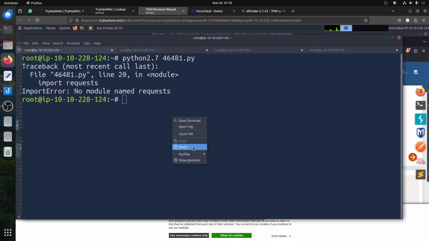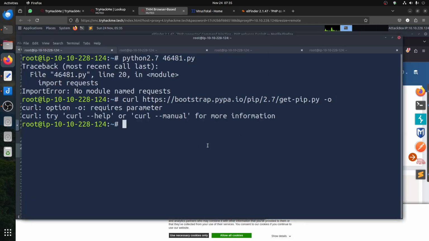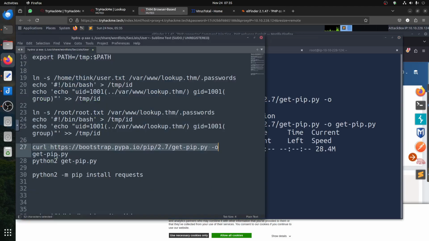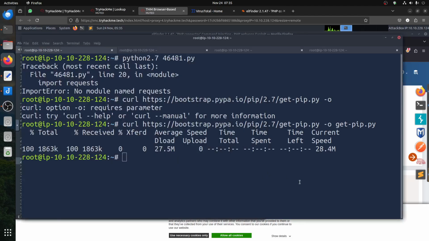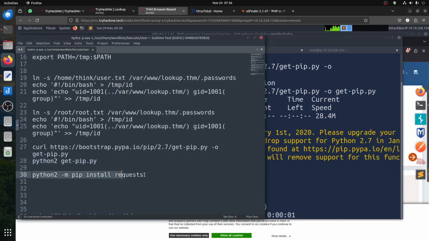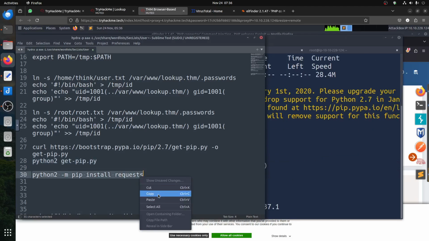We'll do another way to do it with Metasploit. So we get dash pipe.py. We're just getting the old stuff here, old Python 2. If we want to run this script, because Python 3 will not run it, I think if someone was able to do it, that's fine. Then we can install request like this,